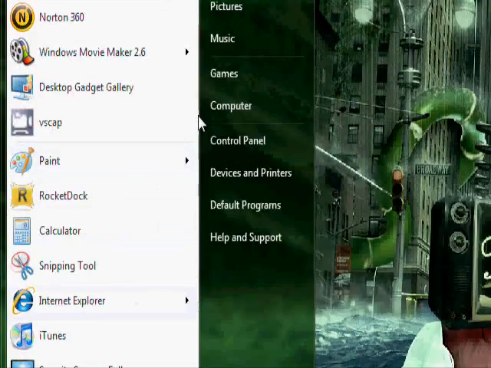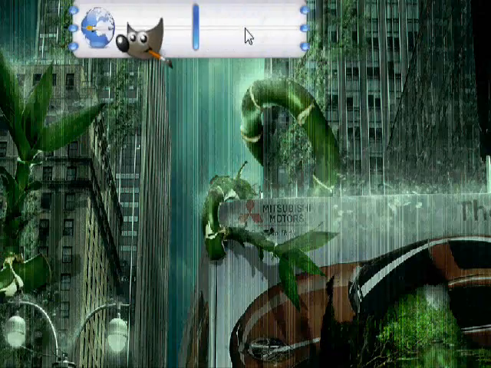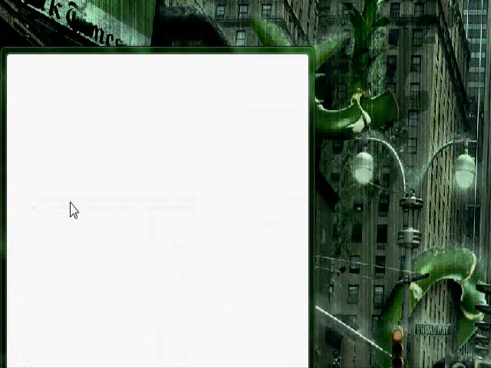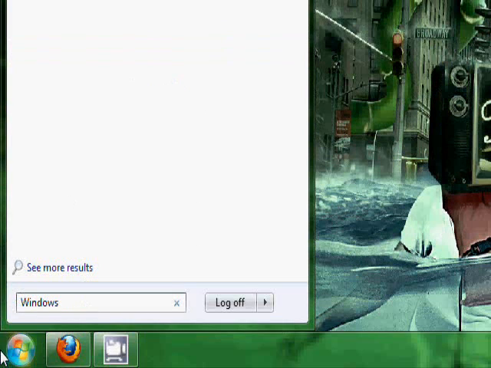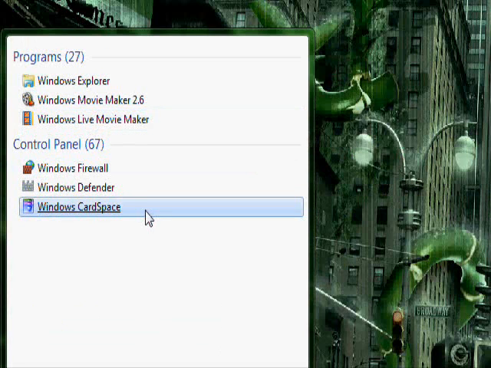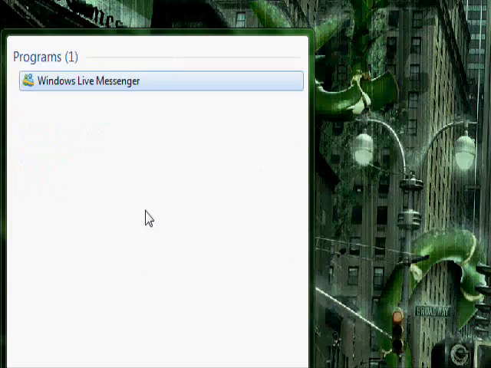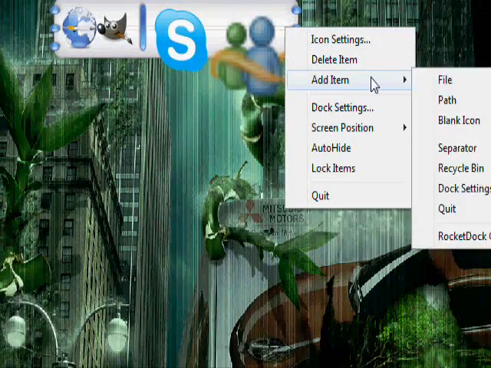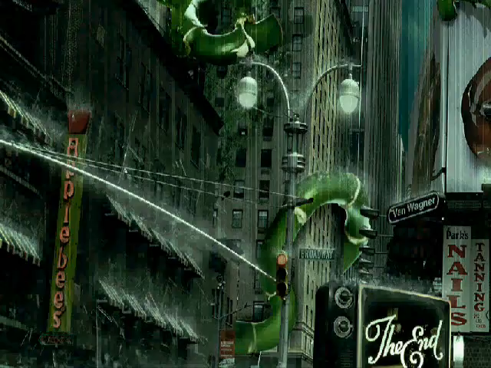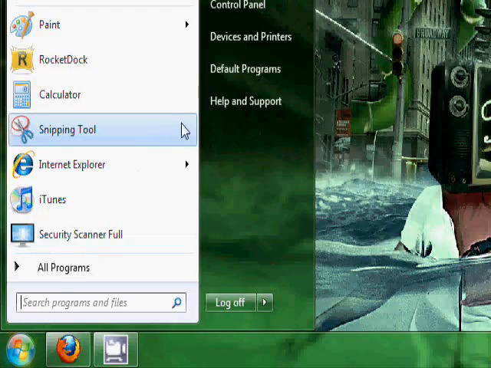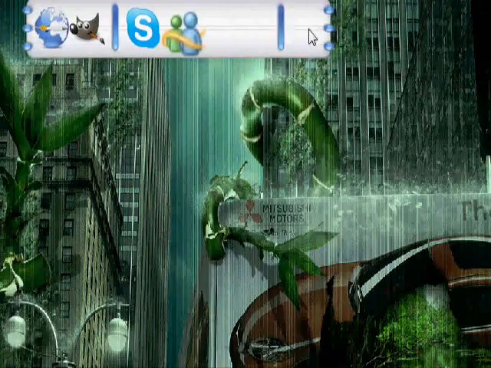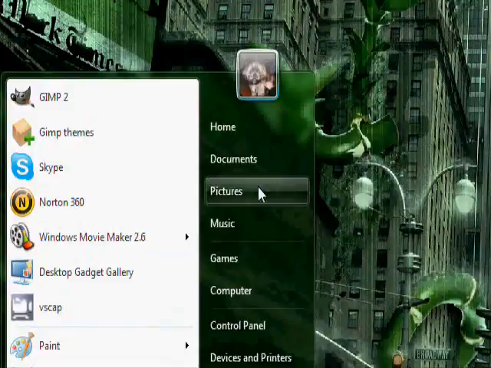I'm going to add some of my instant messengers like Skype or Windows Live Messenger. Gonna add another separator in here. Now I'm gonna add some of my files, like home, pictures,